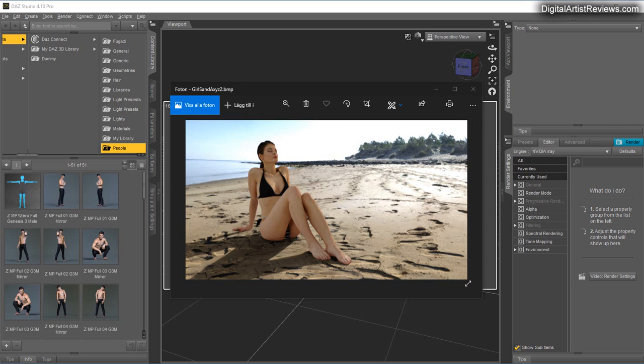But the thing is, this is not a Genesis 8 character. This is just a photo scan model that you load ready posed, ready textured, with everything already taken care of. It almost looks like a photo, don't you think? Because these are 3D scanned people, right? And if you take a look at the side,